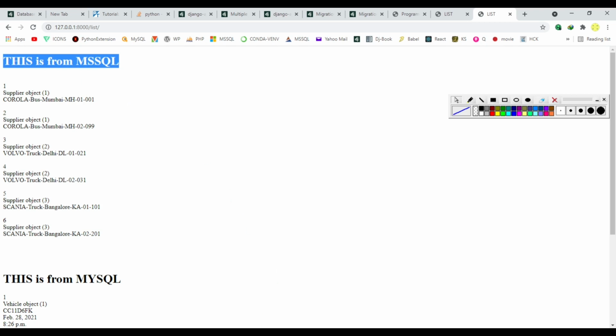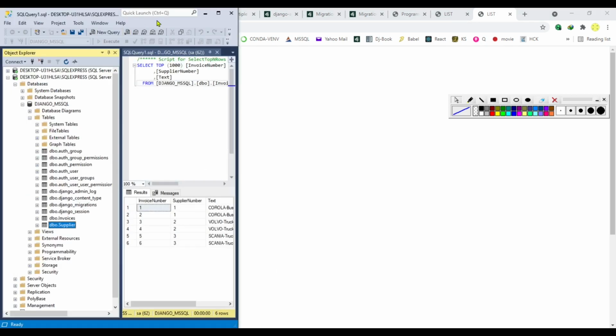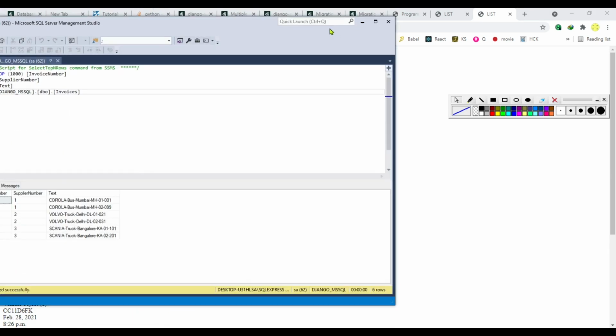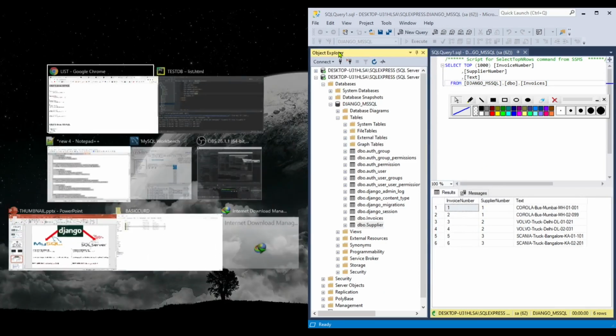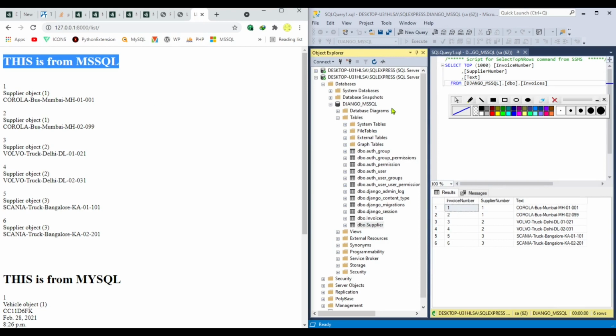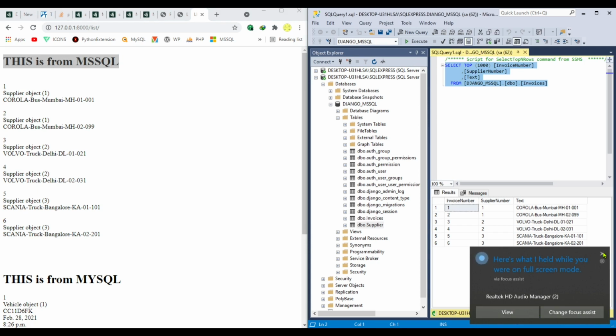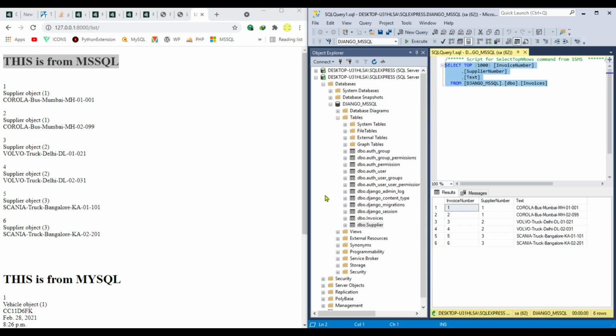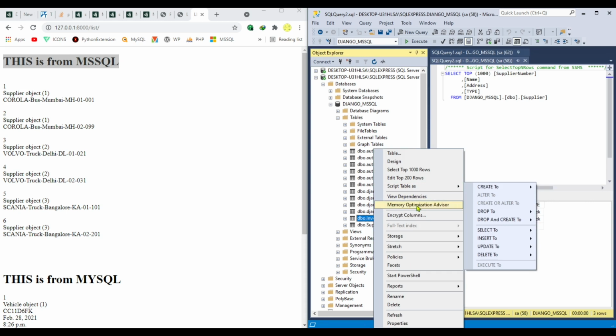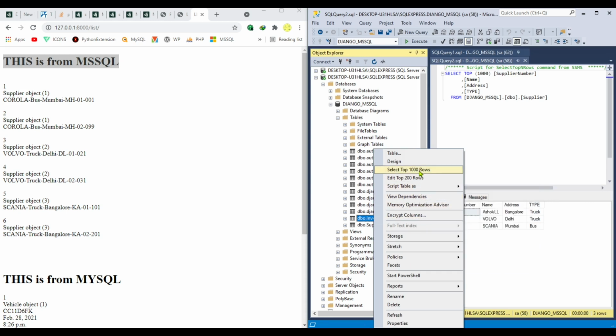Open MS SQL DB. This is my invoice table. Open this table.